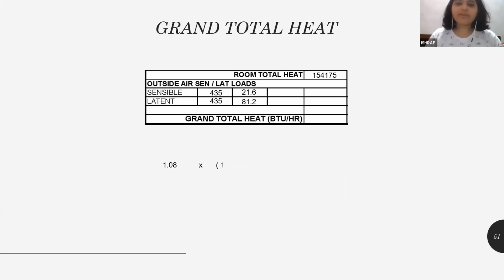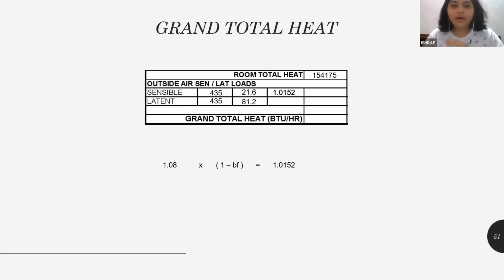Now, this part is where it is important. Isse pehle you all remember we had multiplied it with bypass factor and 0.68 and 1.08 and all. Here we are going to multiply my 1.08 with 1 minus bypass factor. Now, 1 minus bypass factor is the exact opposite of bypass factor. If bypass factor is the amount of air that goes unconditioned from the coil, 1 minus bypass factor is the part of the air that is conditioned by the coil. It is also called contact factor.